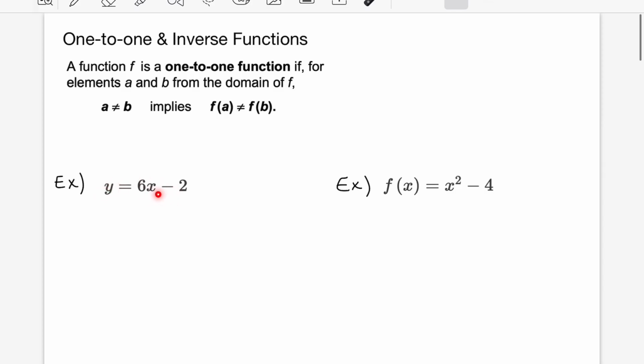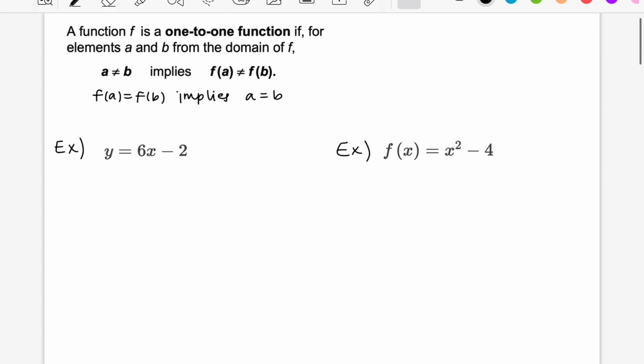We'll look at two examples here. We have y is equal to 6x minus 2, and we want to figure out if this function is one-to-one. Now notice, this means that if f of a is equal to f of b, then this implies that a is equal to b. So in this example, if f of a is equal to f of b,